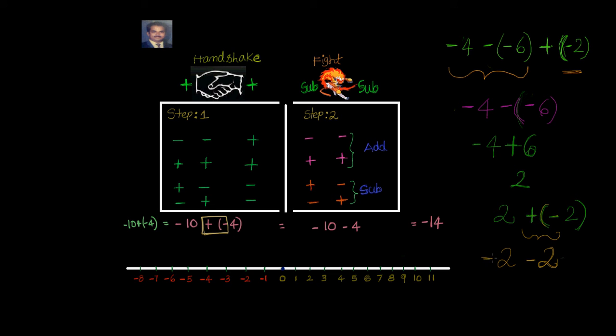Now again in step 2, this is plus and minus. So they have to fight. If they both are of the same sign, they will add their values up and go with their sign for playing. If they both are of opposite sign, then they will fight it out. Whichever number is more, that number will win the game. Looks like it's a tie now because 2 minus 2 is equal to 0.